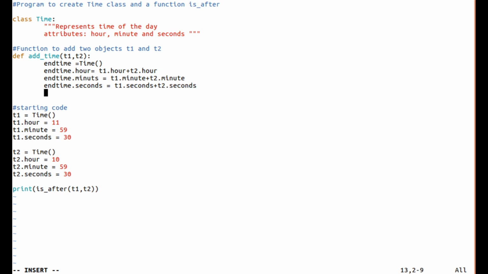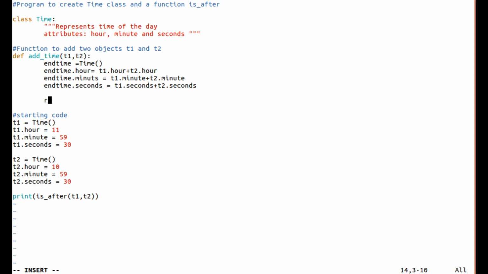At the end it is going to return this, return sum.